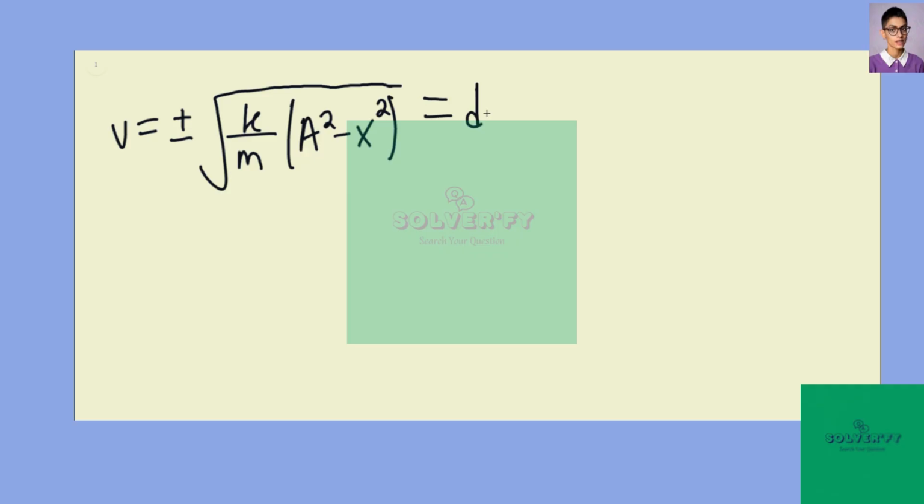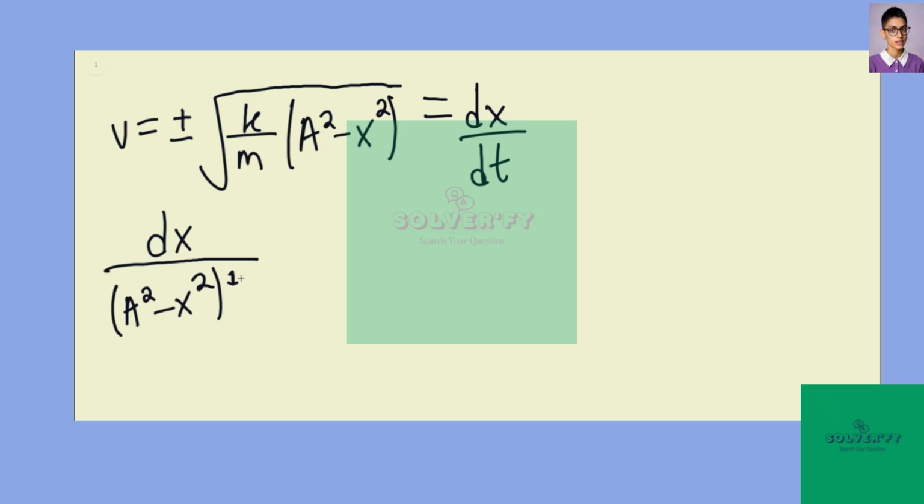Now this is going to equal dx over dt. This is simply the definition of velocity, a change in position with respect to time. Therefore, dx divided by (a squared minus x squared) to the positive 1/2 power is going to be equal to plus or minus the square root of k over m times dt. And at this point, we can actually integrate and say that the integral from x naught